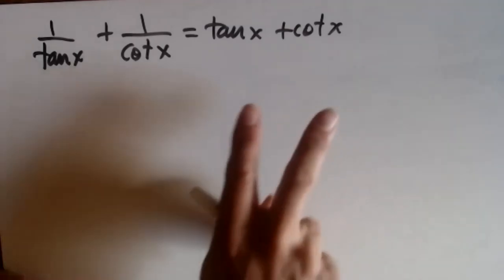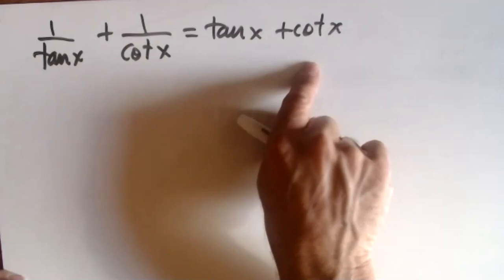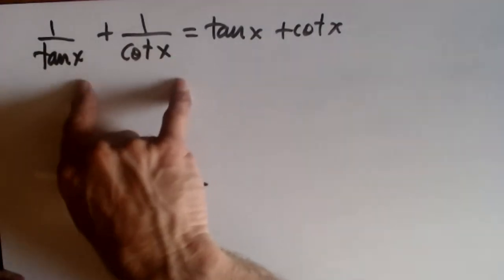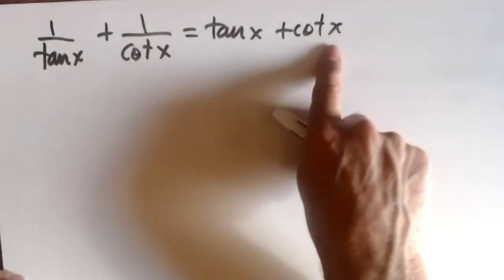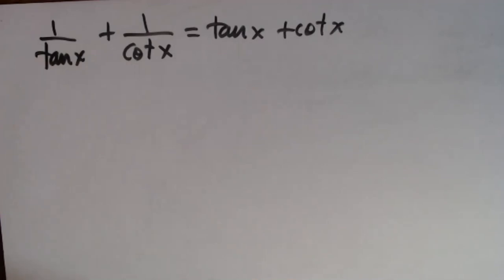Usually we take the most difficult side to the simpler one. So this is the difficult one because you have fractions. So we try to simplify these fractions to find something like this. So how do we simplify a fraction? Okay, let's remember